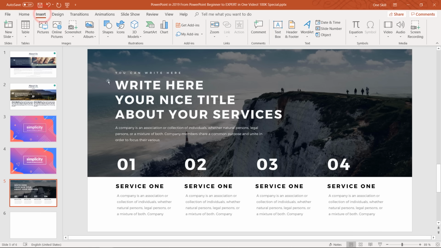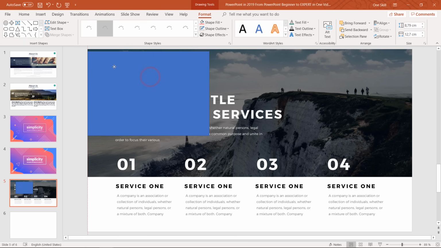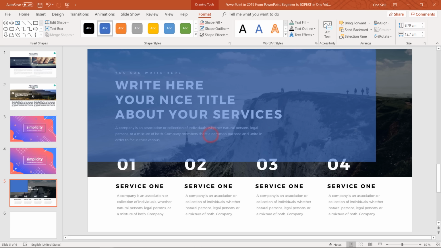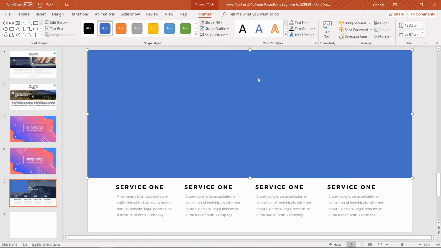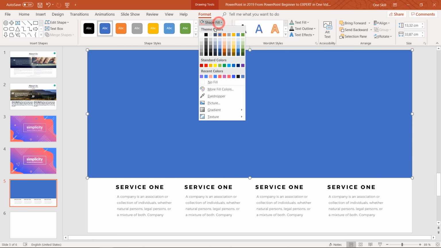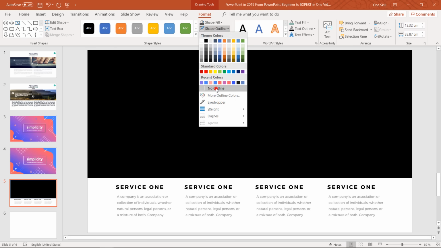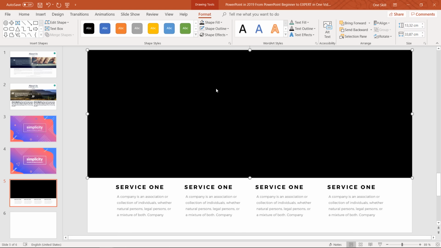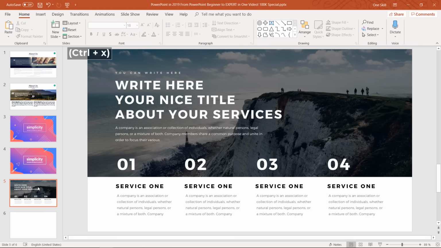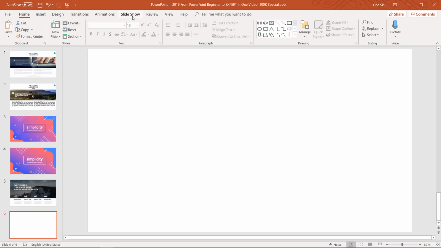So first of all, let's go to the original preview slide and let's just draw a rectangle like this. So now it matches the size. Okie dokie, now we can actually fill this shape with black color, remove the outlines, no outline, and now we can actually cut it. Let's go to Slide Master,